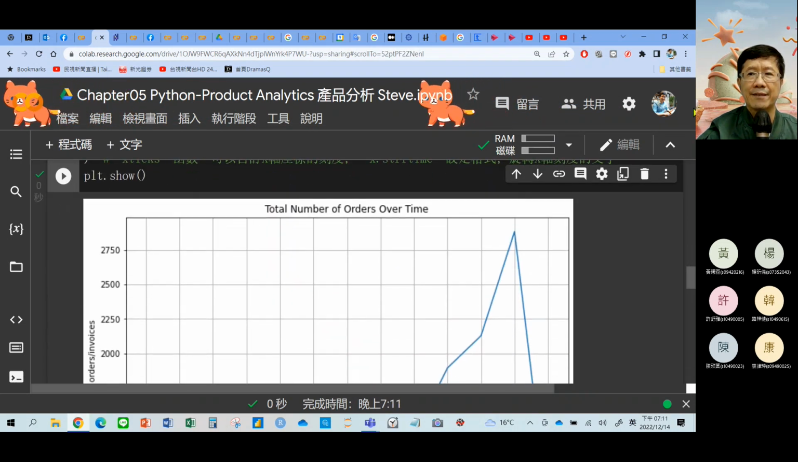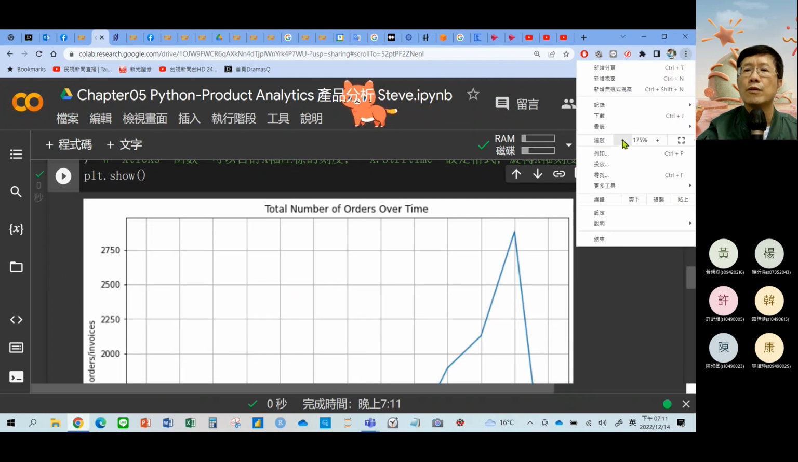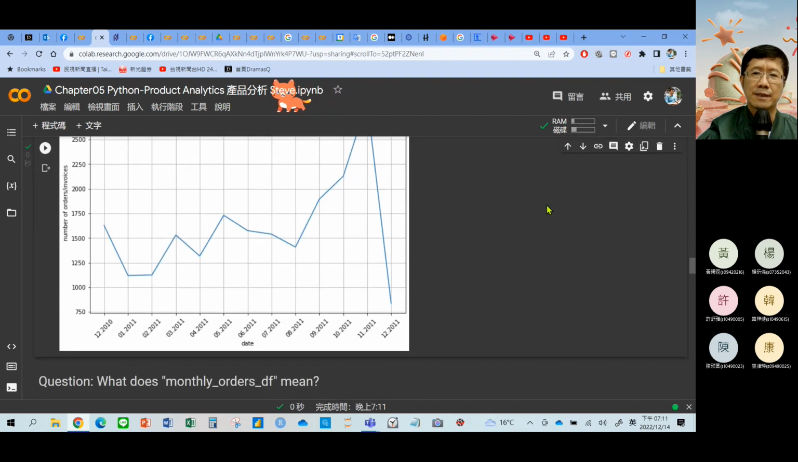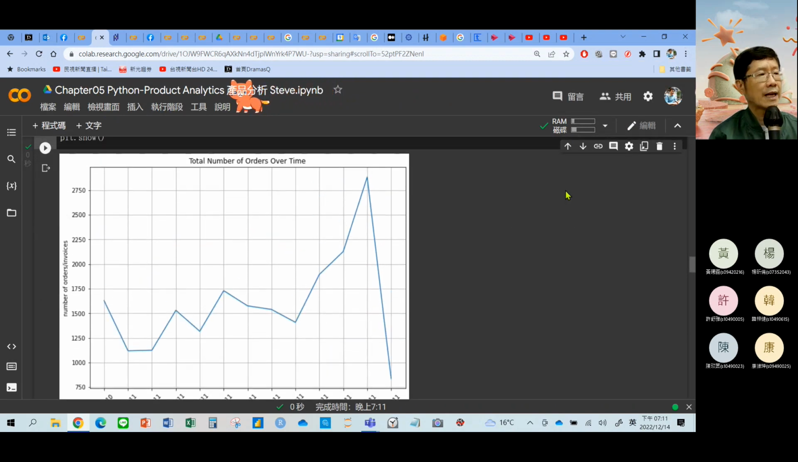Okay, here we get the trend for each month, the orders for each month. 好，你们先做一下，这个是我们第一个 homework。